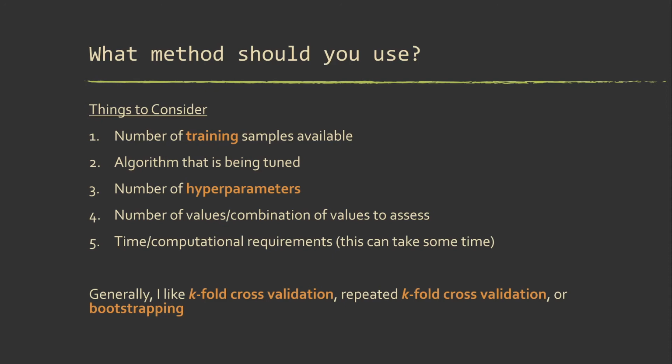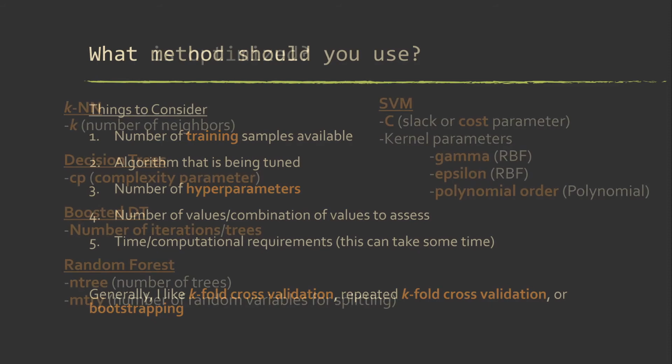One thing to consider is if you don't have a large training set, for k-fold cross-validation, you probably don't want folds that have a really small number of samples in them because it could get noisy. So let's say you only have 40 samples and use 10-fold cross-validation. That means that each fold is only going to have 4 samples in it. In that case, using a smaller number of folds might be preferable, like 5 folds, so you have 8 samples as opposed to 4. So those are just some things to consider. My de facto is k-fold cross-validation with 10 folds if I have enough samples. If I have a low number of samples, maybe 5 folds.